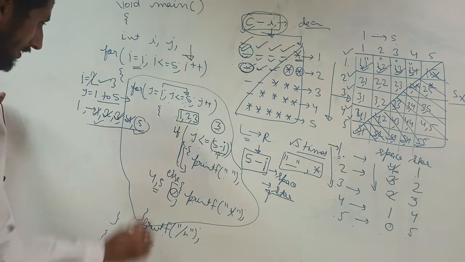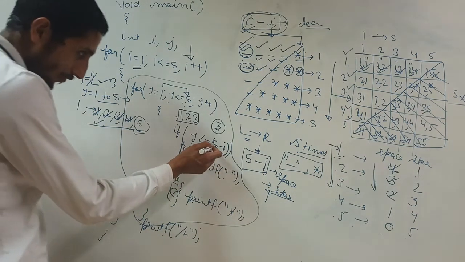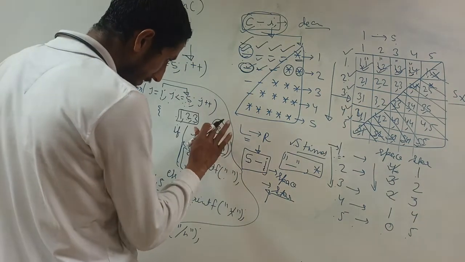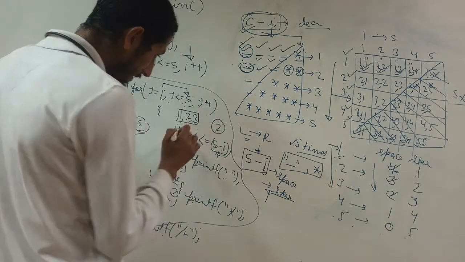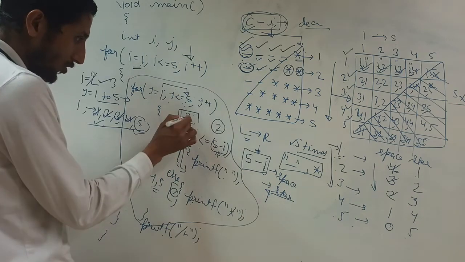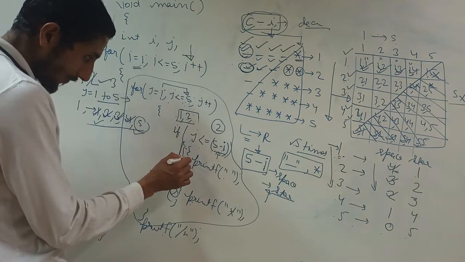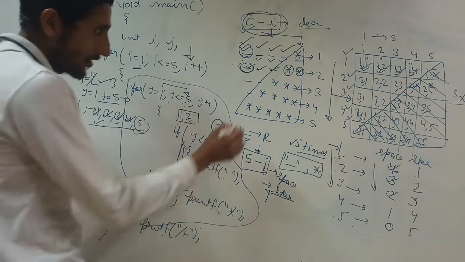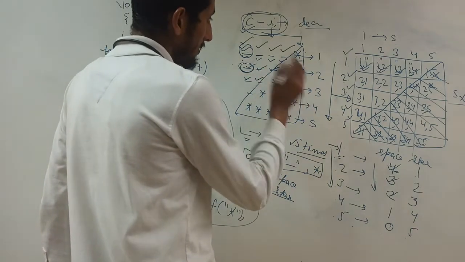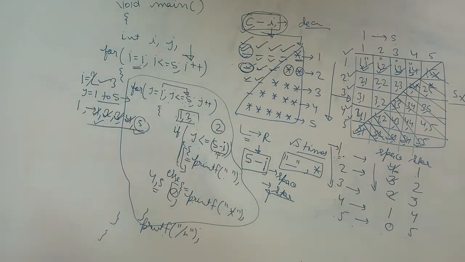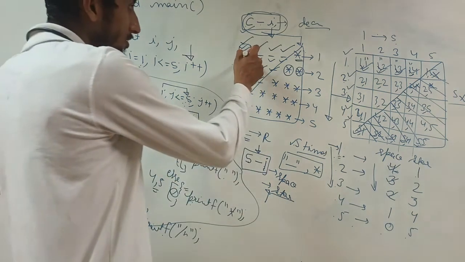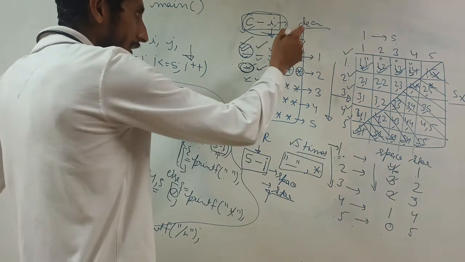So what we have done, please save the statements. 5 minus 3, it becomes 2. It means for value 1 or 2, it will give me 2 spaces and 3 stars. So 2 spaces and 3 stars. Okay. So in this manner, what we have seen is that, in order to reach here, I have to put some